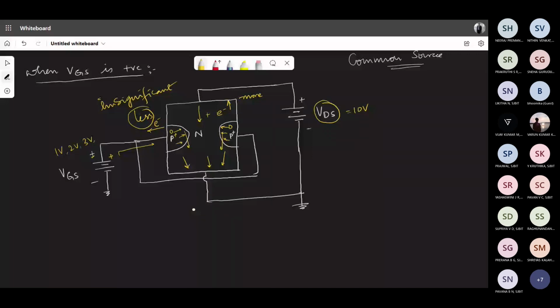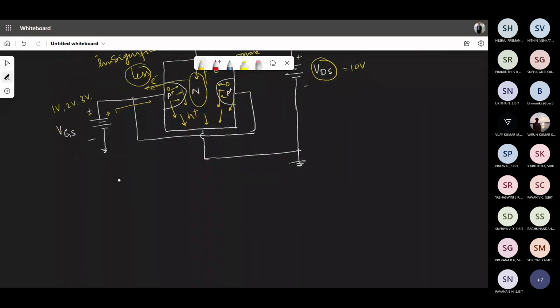This is insignificant. The numbers are very less. But the movement of electrons and holes will happen like this. All holes are moving like this, and these holes are coming from the P side. All the electrons in the channel will also try to move towards this, apart from moving towards this VDS value. So what I'm trying to tell you is, when VGS is positive,